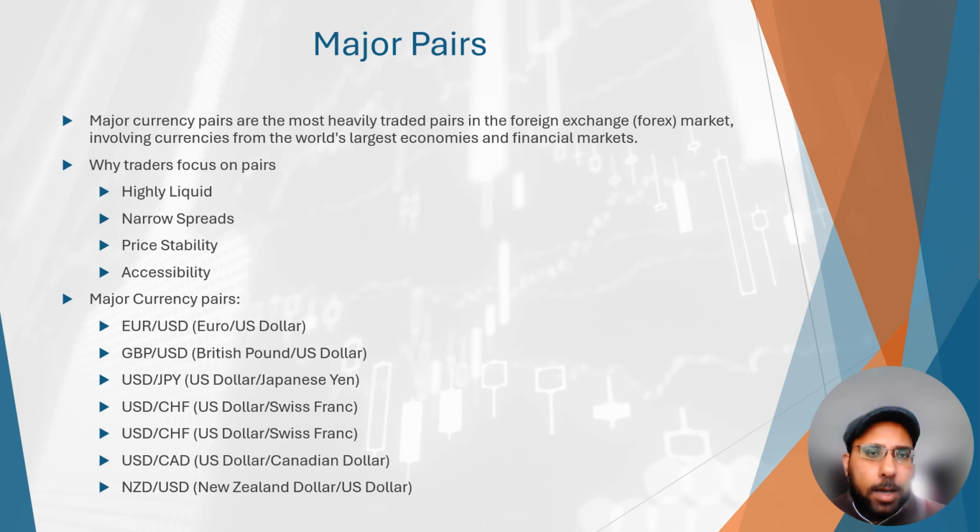And behind that you've got sterling dollar, also known as cable. Again, if we believe sterling's going to strengthen against the dollar, we would go long, or if we feel it's going to be weak, we would go short, or if we feel the dollar is strong, we would short sterling USD. And then you've got USD versus Japanese yen, heavily influenced by interest rate differentials between the US and